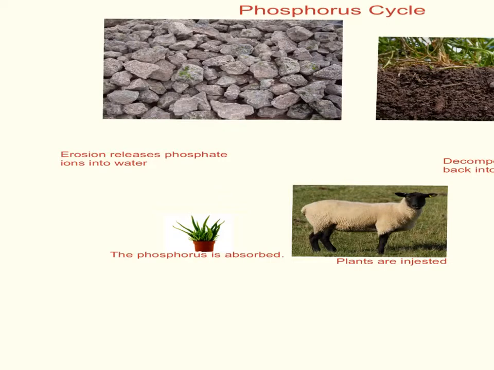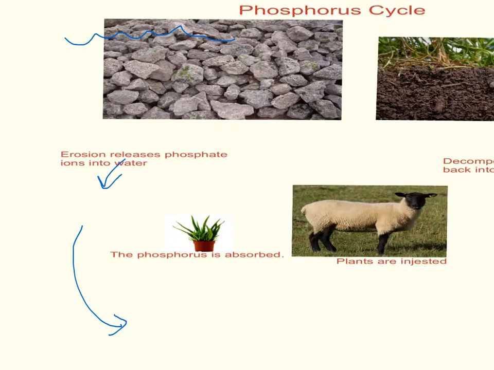So you actually start with rocks. The rocks can be underwater. They can be in volcanic ash. But basically, they just get eroded by time, by water, really anything. And then the phosphorus is released through erosion. And then the water allows the phosphorus to run and transfer. And then it's put into plants. And the plants absorb it. They put it into a